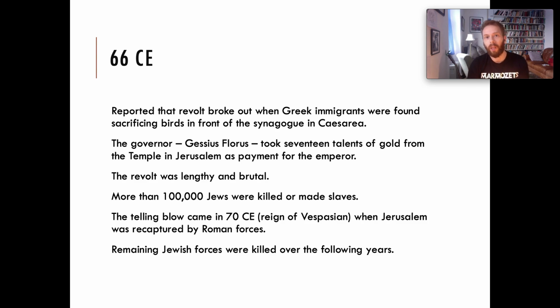More than 100,000 Jews were either killed or made slaves. 100,000, vast number. Again, exposing the brutality. The telling blow, the spine of the revolt was broken in 70 CE when the Romans recaptured Jerusalem, and the remaining Jewish forces